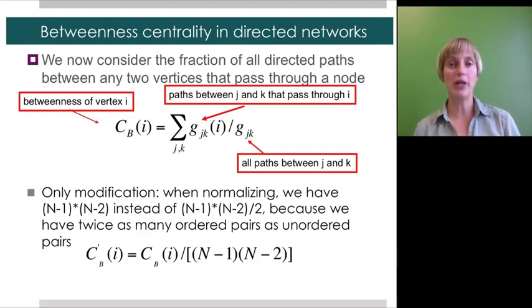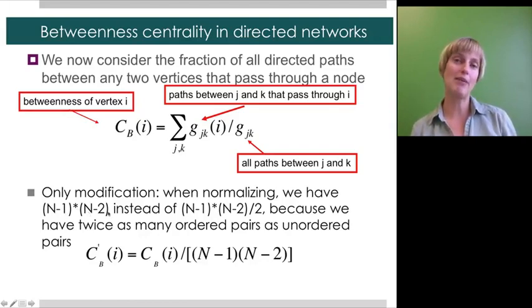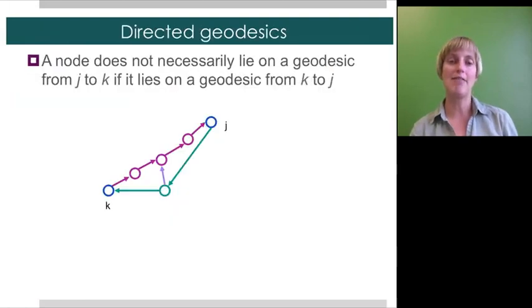And when we normalize, we're going to have here n minus 1 times n minus 2, and we're going to lose that factor of 2 because getting from K to J can in fact be different than getting back to K from J. Right, so we do need to take into account the directionality of the path, but pretty much directed betweenness follows